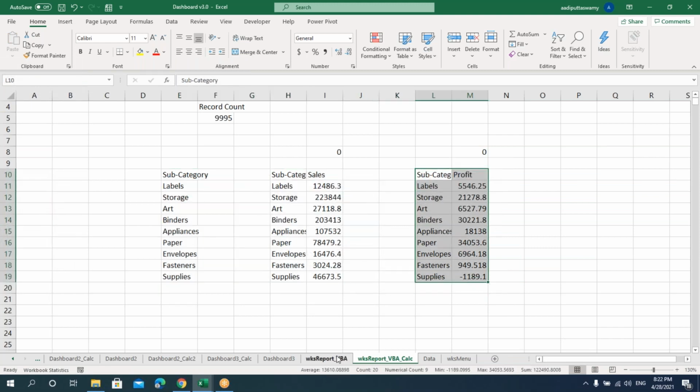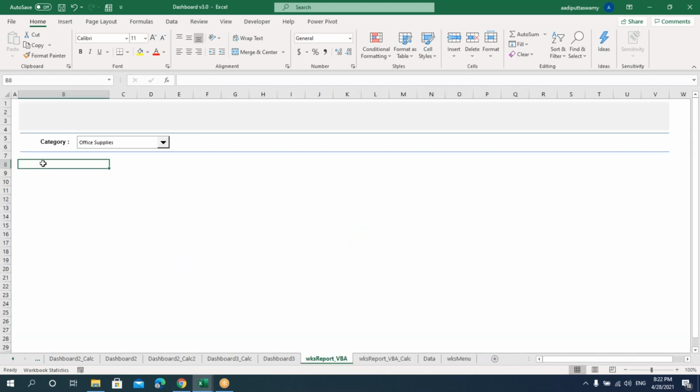Now what we have to do is bring this data here and then create a chart for this. Now you can plan whether I need the sales and profit value as a radio button, or we can have both the charts here.